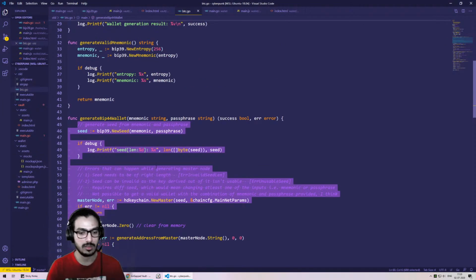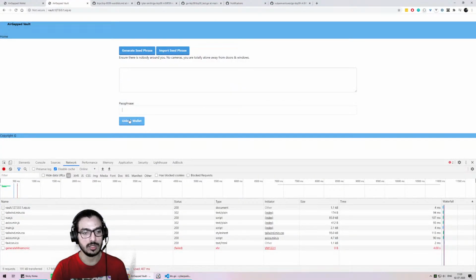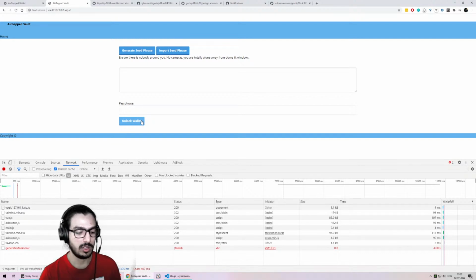Hmm, let's see. It makes no sense to generate, upon clicking this button, semantically speaking, the request that will be fired after clicking this button has no business fetching anything related to the accounts that can be generated or whatever. So I think what we'll have to do is